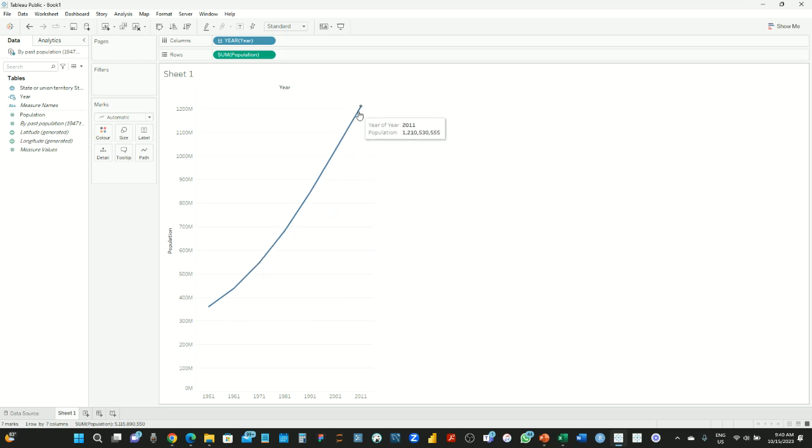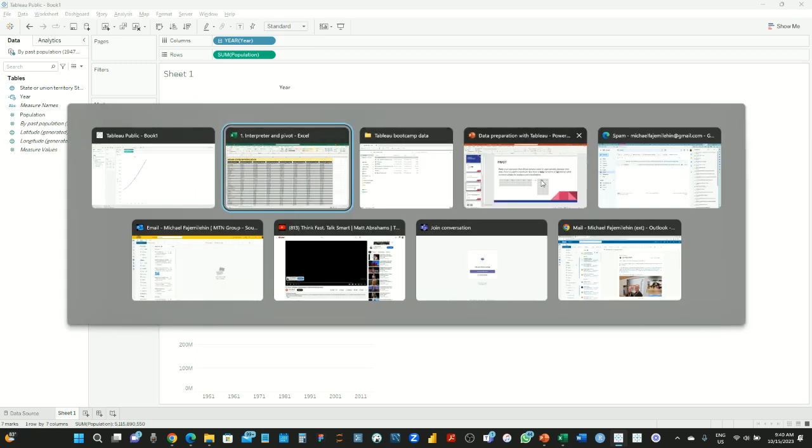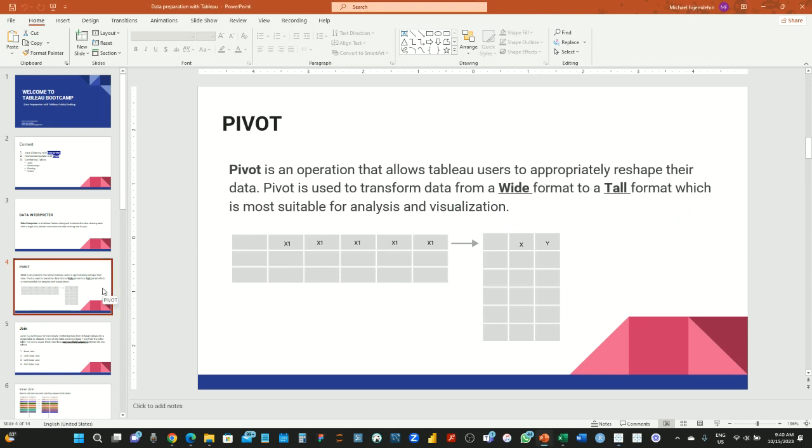Great. So that is that about using data interpreter and using the pivot. Now we're going to go to how to combine tables in Tableau. Right? We have different ways of combining tables, and I am going to explain how these things work and the differences between all of these different ways of combining tables. So if I go back to my slide,